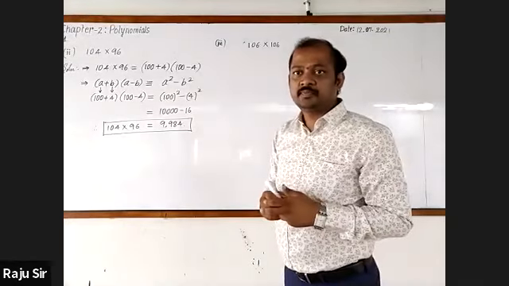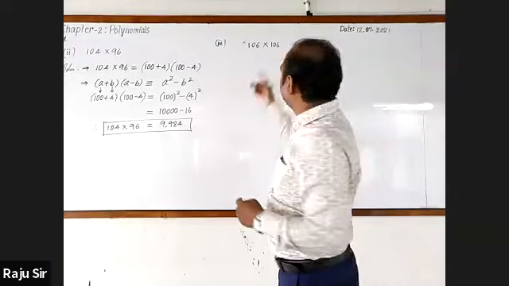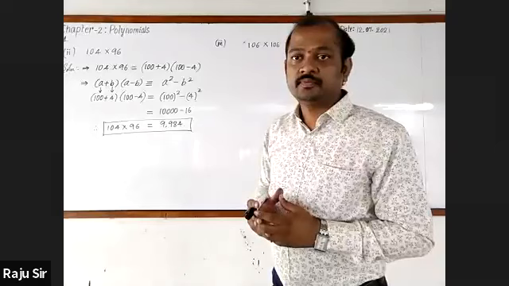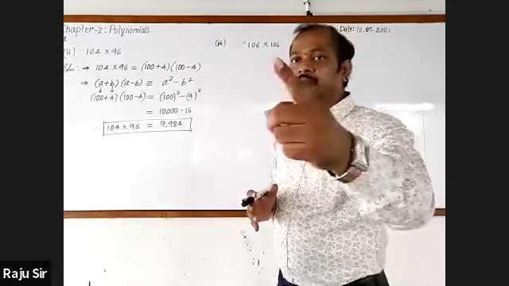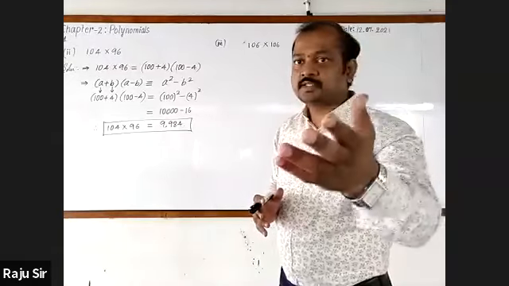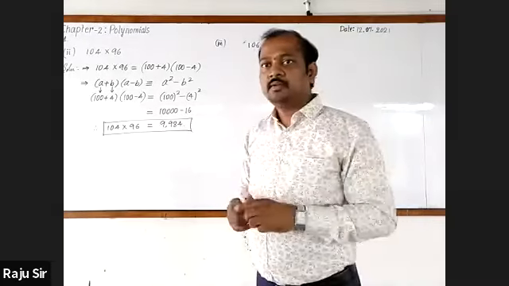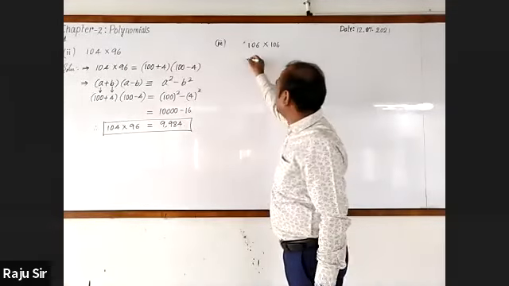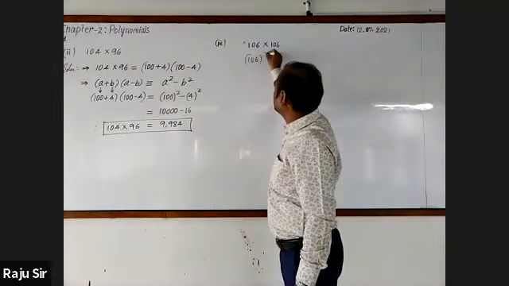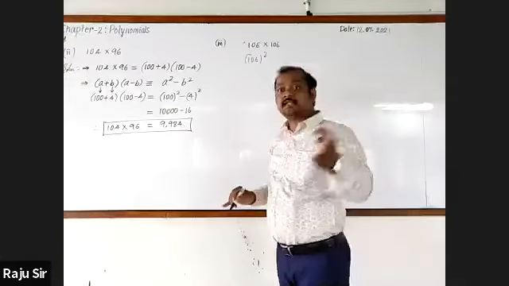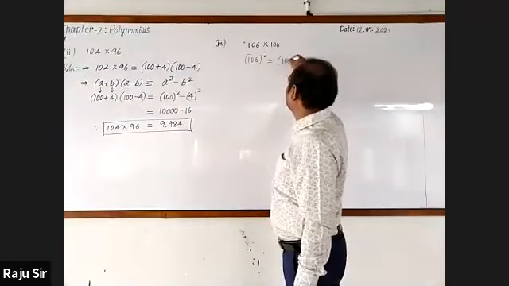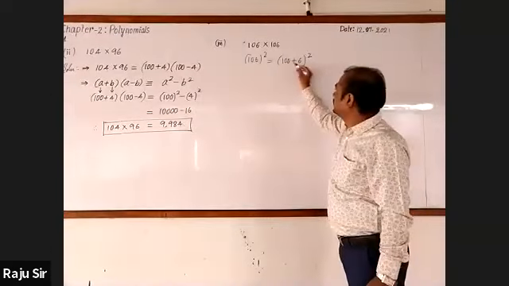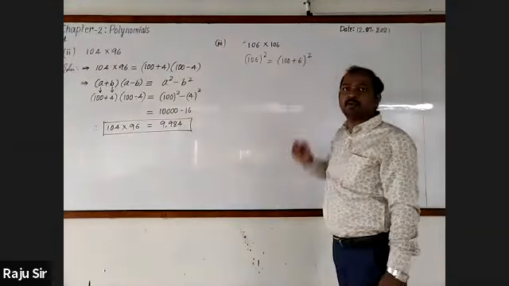Prashant, how do you decide it is related to A plus B whole square? Because 100 plus 6, that's why A square plus 2AB plus B square. 106 into 106 can be written as 106 whole square, and 106 can be written as 100 plus 6 whole square. See that we have two terms. This is A, this is B. A plus B whole square.